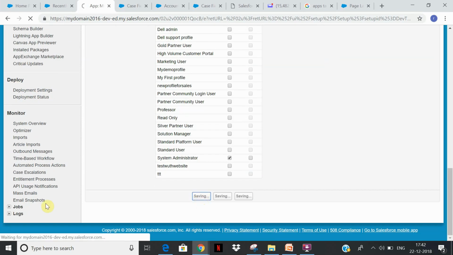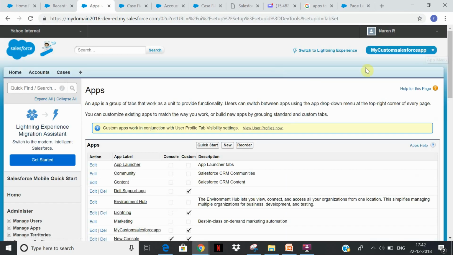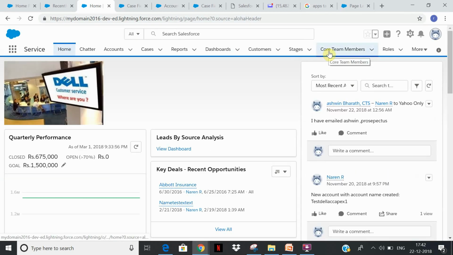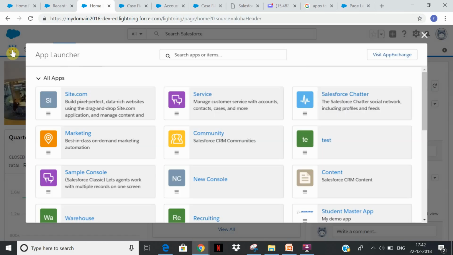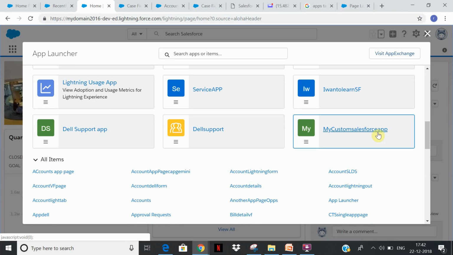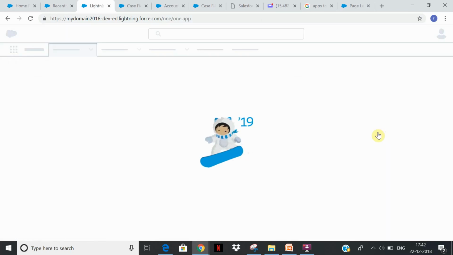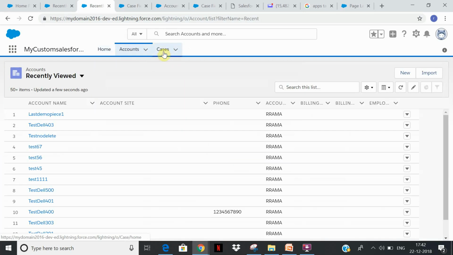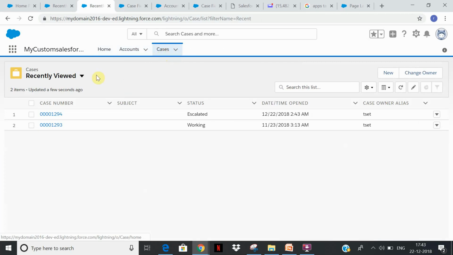Once you click save, now navigate back to Lightning and let us see if we can see the app. So basically that expose in Lightning experience exposes your app to the Lightning. So now let us see. So now if we go down, yeah, so here we can see our app, right, which we created in Classic. So let's click and see how it is. It shows you the same set of tabs, but now we are using the Lightning UI. So accounts, cases. So this is how it is. So what I want you to do is I want you to complete this exercise. Please go through this video of how to create your own app, and then we can proceed forward.